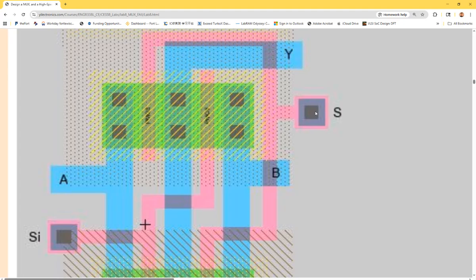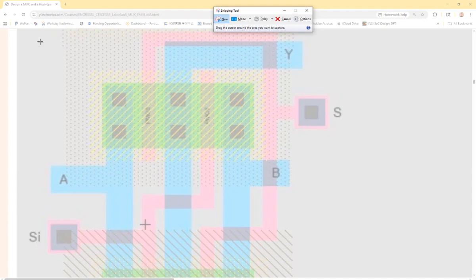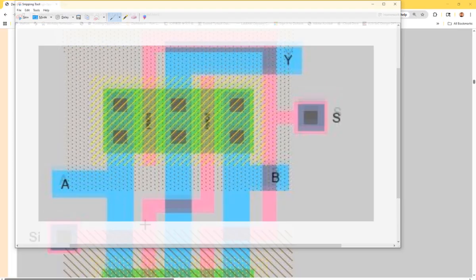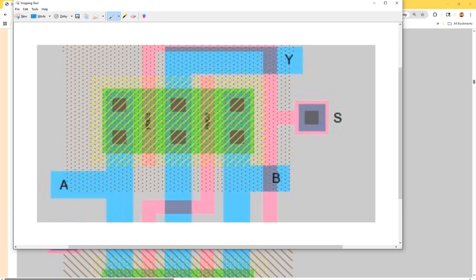So if I want to connect a port to it, or start shorting into some of the signals with the metals, then I can directly left click and right click to introduce the metal one from it, because it has metal one over here already. So if I draw a line here,